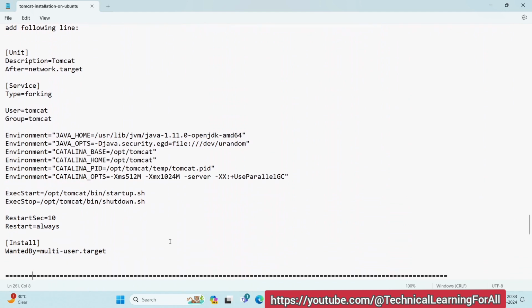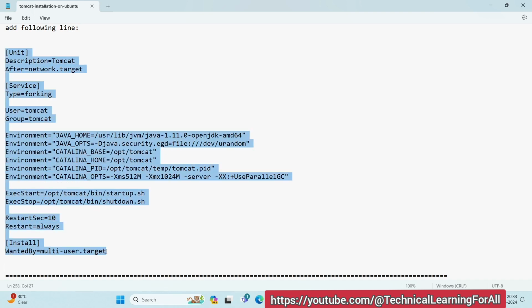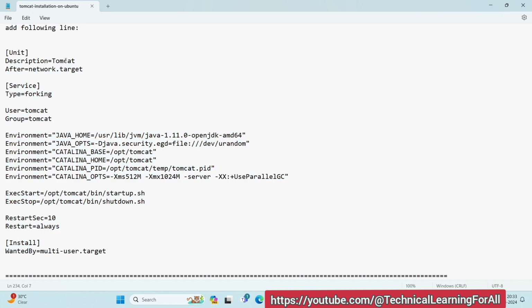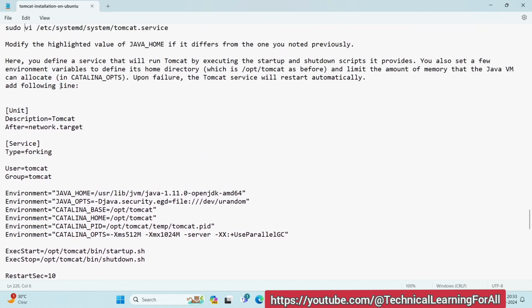Okay, so we want to create a service in the Ubuntu machine to run the Tomcat. So in this you have to write as it is. Okay, give the unit tag. In the unit tag you can give any description. Apart from that, one thing which you have to remember is that earlier we found the path of